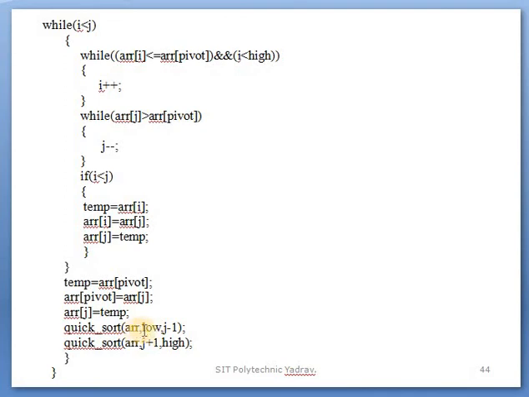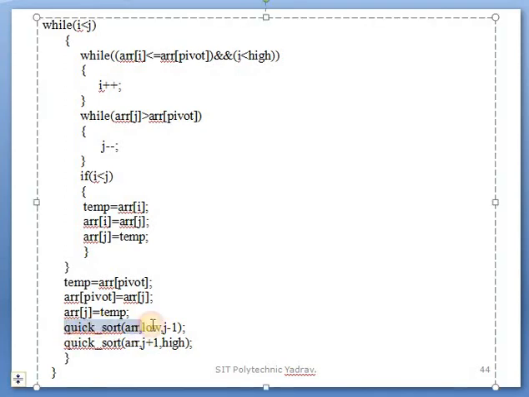How do we use this function for the left? When we move control to the left sublist, the low value is fixed and the high value changes to j minus 1.